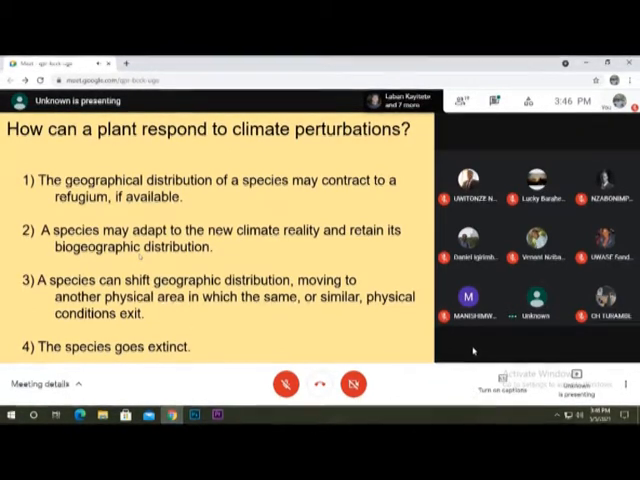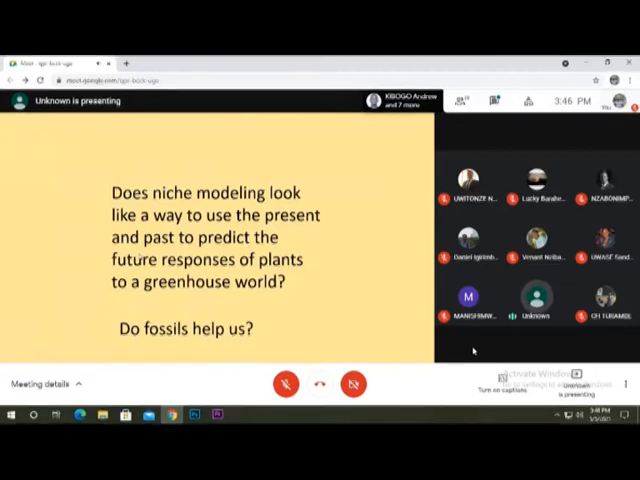And you notice, no problem. If there's a change in climate, they can hybridize, they can reproduce vegetatively. They have a lot of tools that they can use to adjust to new climate. And the other thing is that a plant can shift geographic distribution, moving to another physical area. So it's going to migrate until it finds a place that it's going to fit. And then finally, the species could go extinct. So can we use these niche models as a way to look at the past and predict the future,